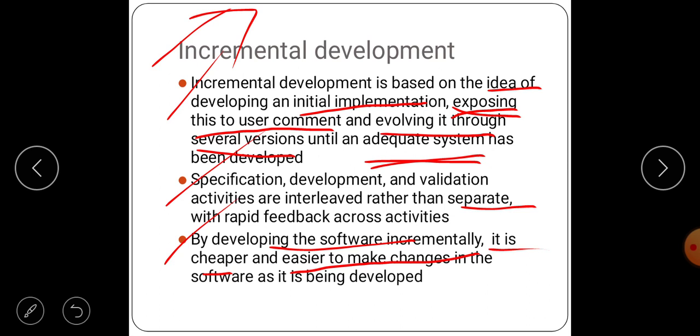What is the advantage of this incremental development? Developing the software incrementally is cheaper and easier to make changes. Whatever feedback the customer gives, on the basis of that feedback we are going to change the system, so it will be easier and we update the system at very less cost.